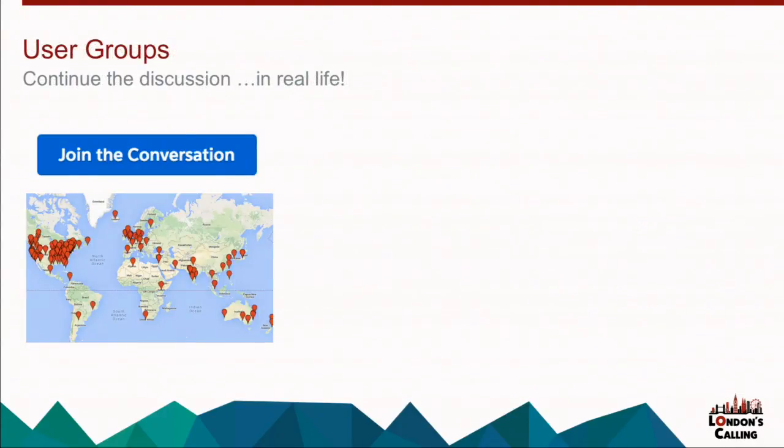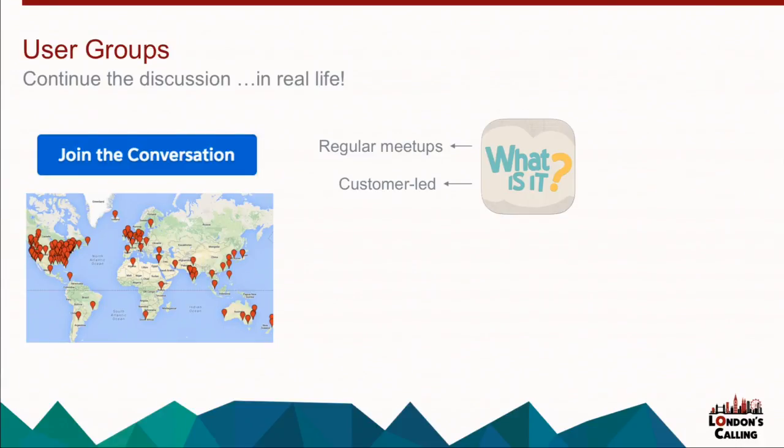All right, our last area is user groups. Now, I don't feel the need to talk in a lot of detail about user groups because you're here at an in-person event today. So the chances are hopefully you understand the value. But just to quickly run through, these are regular meetups, anywhere between once a month, once a quarter. And they are customer-led. So again, it goes back to that concept of authenticity. The voices you hear at user groups will be mainly customers. It's customer-led, so you're not going to be talked to in a sales and marketing voice. You should really be there to be informed.